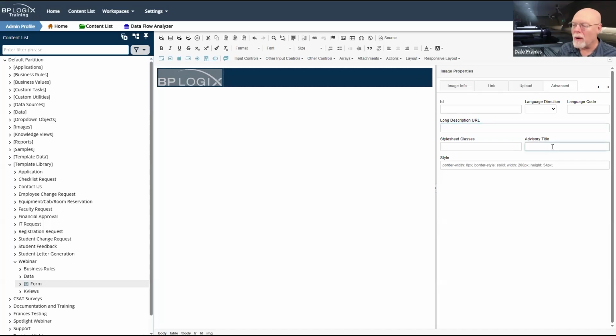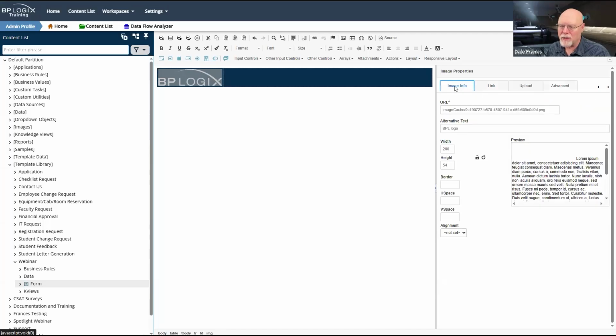We're also not going to worry about the advisory title. Again, another accessibility feature, which will provide a title for the image. Again, it's a logo. I don't need to worry about that here because, again, logos don't need that kind of detailed information. You just have to say it is the corporate logo and it's the logo.